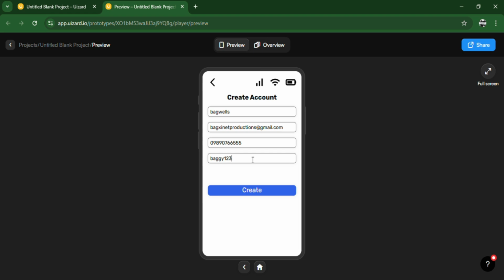Now when the new user is done, all the new user would have to do is come right here and click on create, and when the user does that, the user would be taken to this screen,